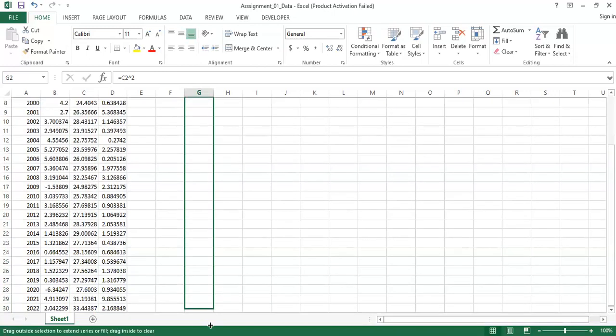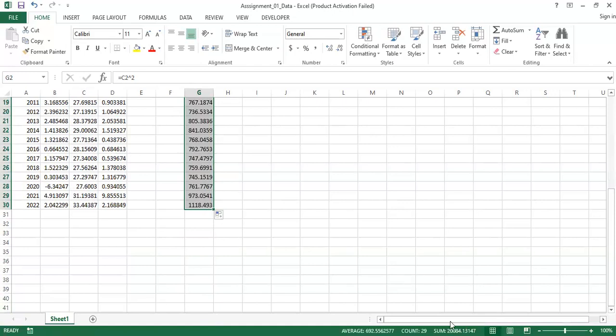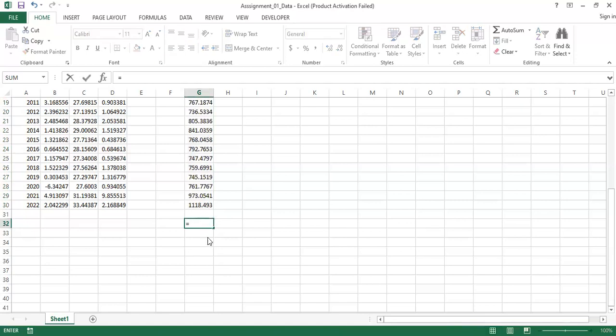I want to see what that gives us, right? So it has basically calculated all of that there. Summation of X, which is the total of that, you can simply find the total at the bottom there. It's given there. Sum is 20,084. But if you'd like to do it the longer route, then you can as well type your sum there,